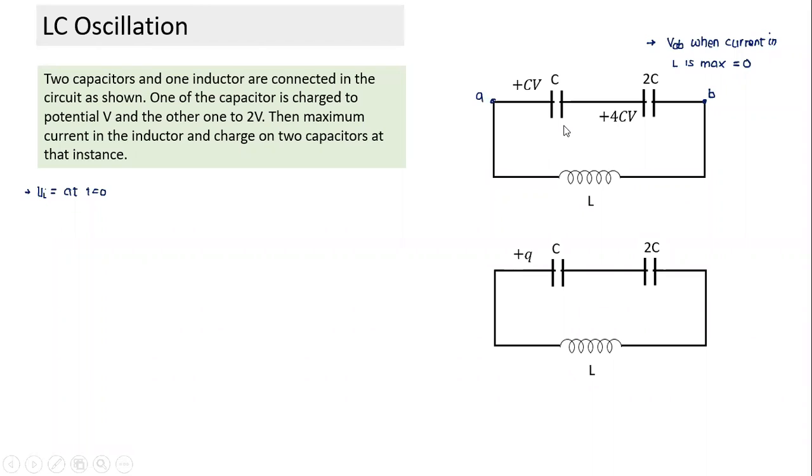Nitya, have you understood this also? Yes, sir, I understood. So if I tell you, how should I distribute this charge so that VAB is 0? Can you do it very quickly? What should be the charge on these two plates, given this initial charge was like this, so that VAB is 0? Can you do that more quickly? Can you find the charge distribution using mental calculation?